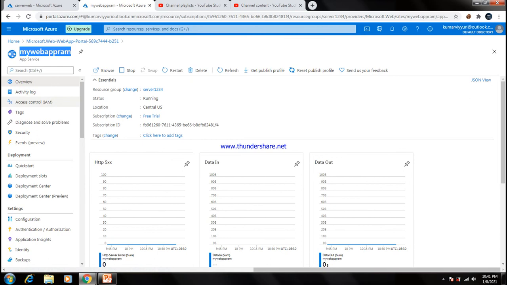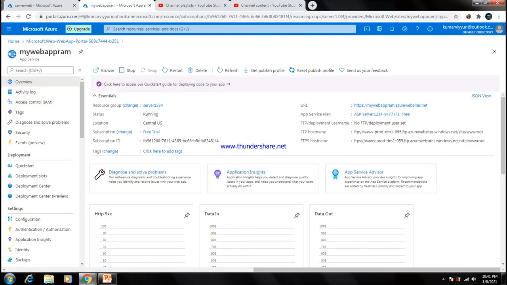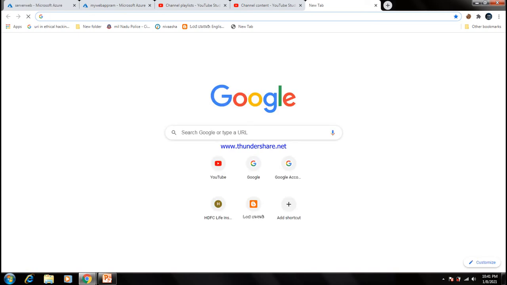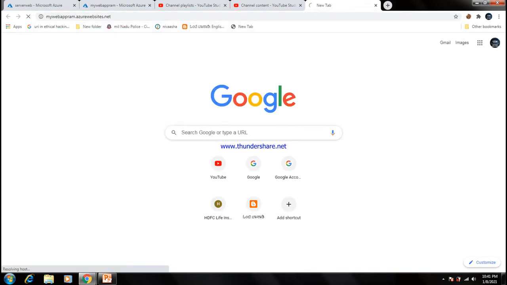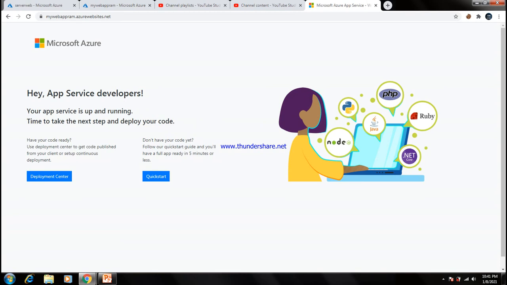In this case I want to see whether my configuration is working properly or not. How can you check whether your web app application is working properly? You can choose the URL here. See, I get the URL from Azure. You can select the URL, go to a new tab and paste your URL here. Then press enter. See, I got my URL from my console page. So this is my sample application. You can also try this method the same way.